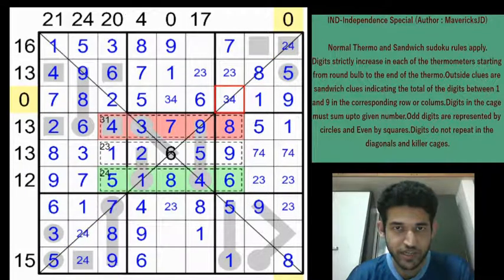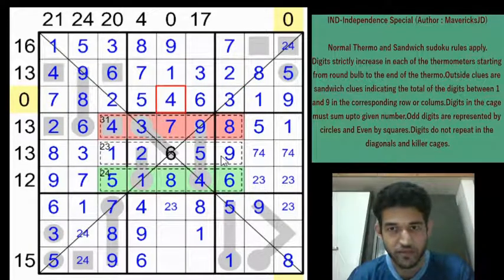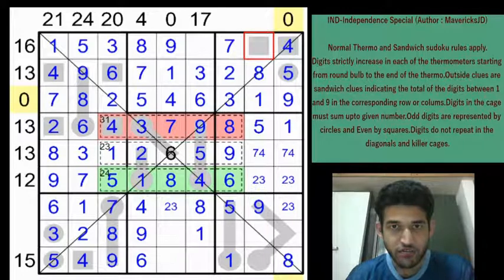So that gives a 3 here. Eliminates the 4. So this is a 2. This is a 3. This is a 4. Right? And because of this 2, we get a 4 here, which gives a 2 and a 4 here. And now only one cell left, that has to be filled by the 6. So row 1, 4, 6, 7, 1, 3, 5, 8, 9 have been placed. Remaining digit is 2. Only one digit.